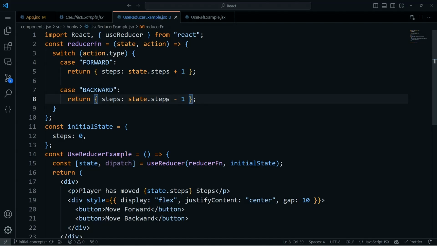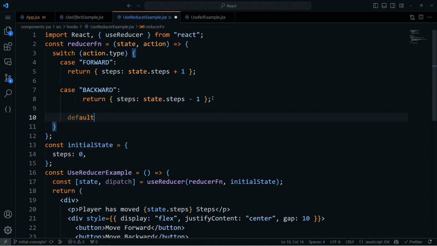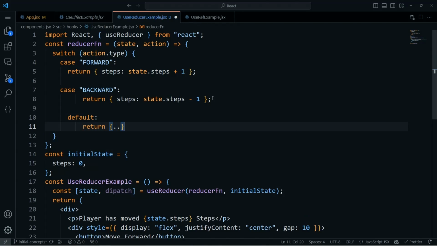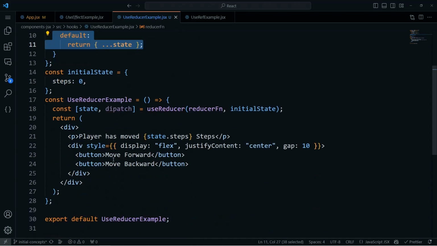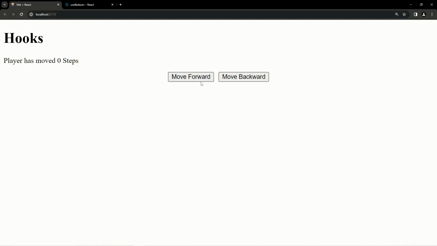So that's how we can handle multiple cases. And there should also be a default case as well. Inside the default case, we can return the state itself like that. So there should be 3 cases like that. So we have the switch action dot type, case of forward, case of backward, and the default case. And now you can see if we move on to the UI, nothing is gonna change because we haven't linked